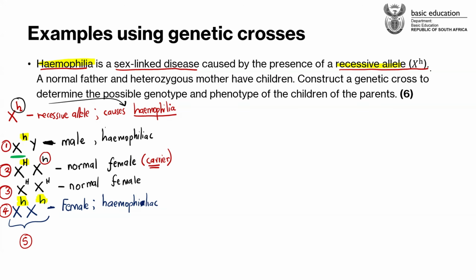Okay, let's say we have got X with an H on top and Y. This last genotype that I'm giving you, what's the gender and tell me their state? Yes, Sangoma. Say, I think, I don't think. I'm saying here, you see, it is a male and it doesn't have hemophilia. Yes, so this is a normal male.